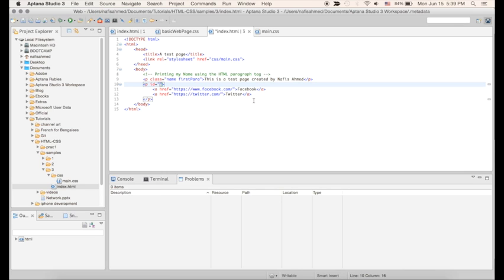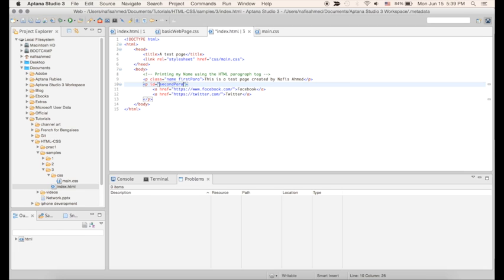Now the value for the ID attribute will always have to be a single one. Unlike the class, classes can have as many as you want. You can provide as many values as you want, but for the ID part, you need to provide only a single one. So suppose if we want to provide an ID value of second para,